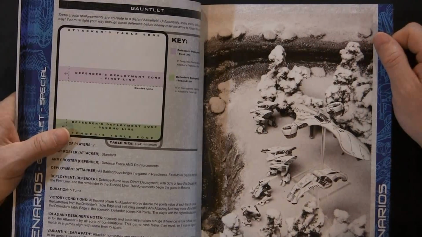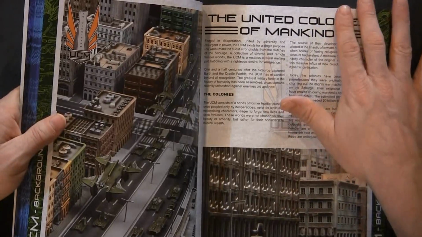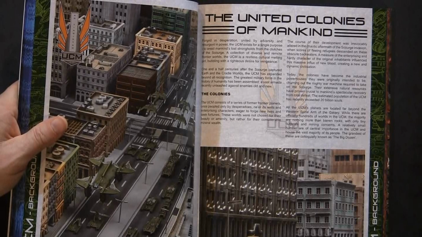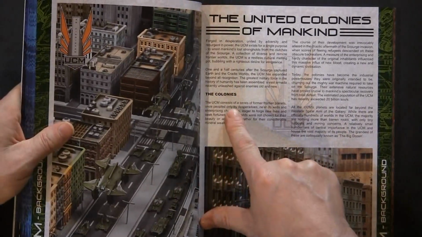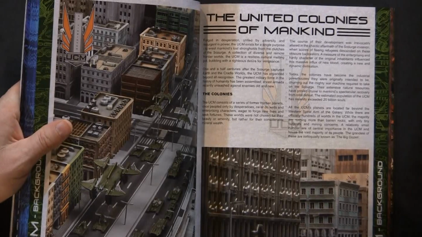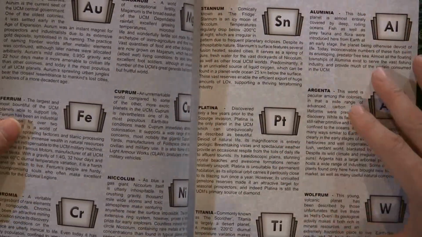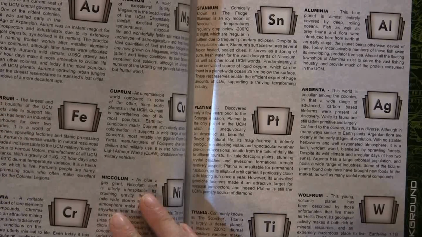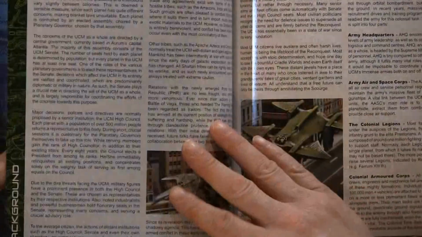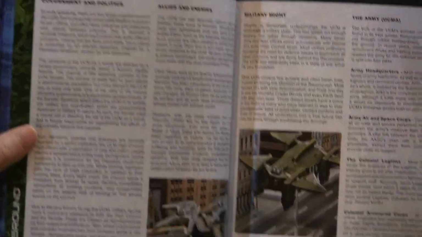And then we have a huge picture on the end of the scenarios, and we have the United Colonies of Mankind. That's what happens when you cover something up. Colonies of Mankind. They kind of look like a United States Marine Corps type of army, at least with the colors. The UCM consists of a series of former frontier planets, so it is multiple planets. And this must be separate planets here. The Big Dozen. Not really sure what the Big Dozen is. It looks like it's supposed to be elements. And then it goes into the government, history, the politics, allies, enemies, military might, the army of the UCMA,